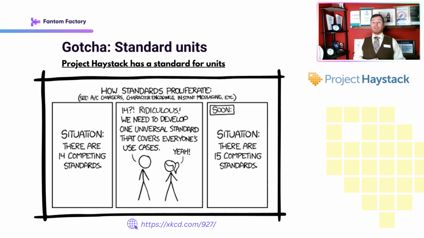I mean, Project Haystack has got a standard for units: temperature, pressure, electricity, flow, and all that normal stuff. In fact, they're so common, it's easy to forget that there's a standard for units at all, until some random API returns you data in some oddball unit, and you end up looking at your number going, what does this value mean?